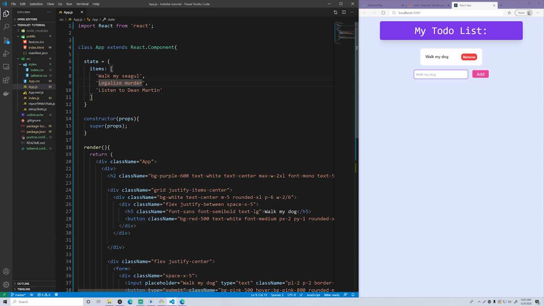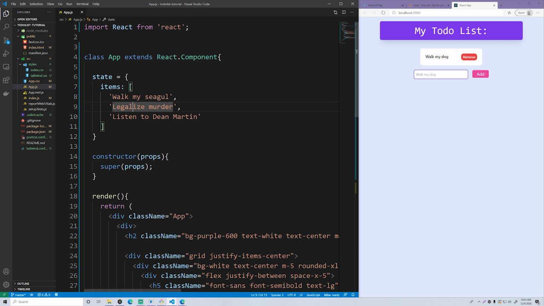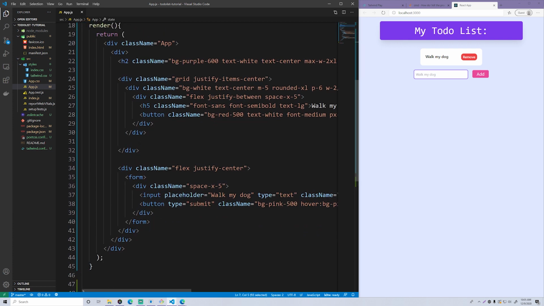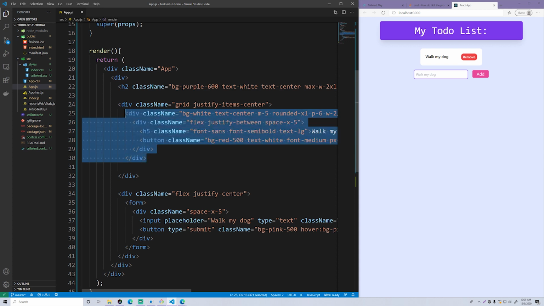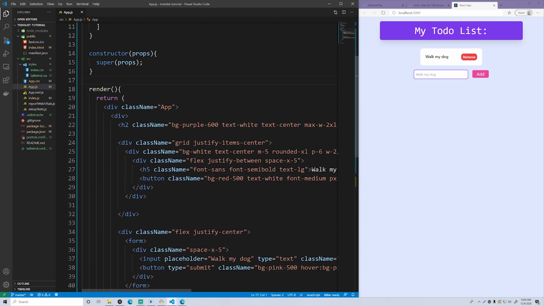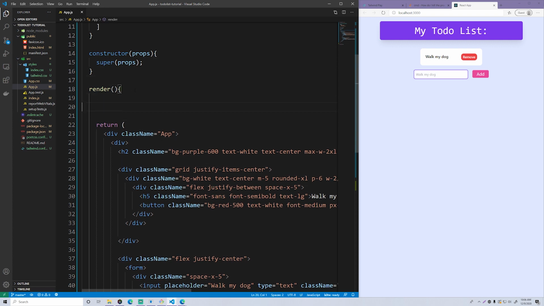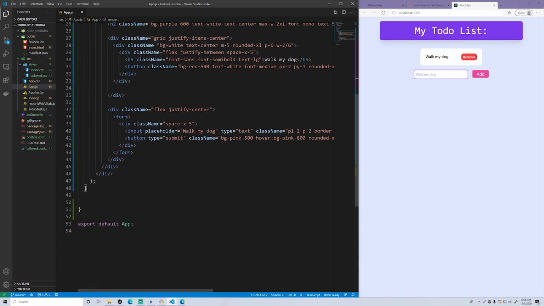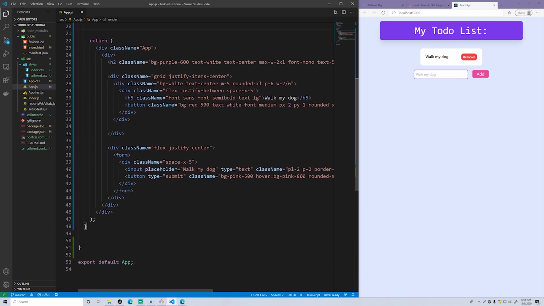So what we want to do is basically take these values from the state and render them into the listing. For each item in the state, we'll make a div, which will correspond to one of these listings here, okay? To do that, we're going to have a thing here that maps it. Before that, actually, let's go ahead and make a component out of these listings here.